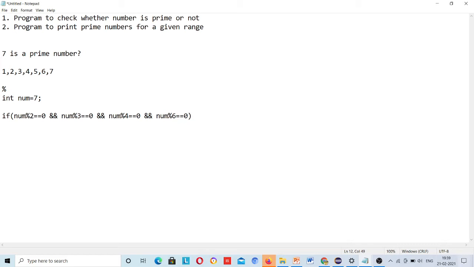And 7 should not be considered because 1 and 7 can divide it.